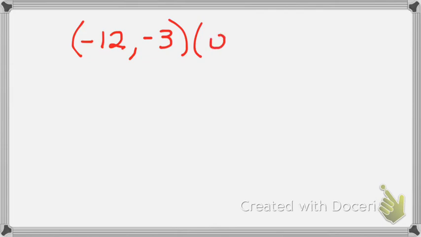Okay, let's do another one. Let's say I have negative 12, comma, negative 3, and then let's say we have a 0 here, and a, oh yeah,